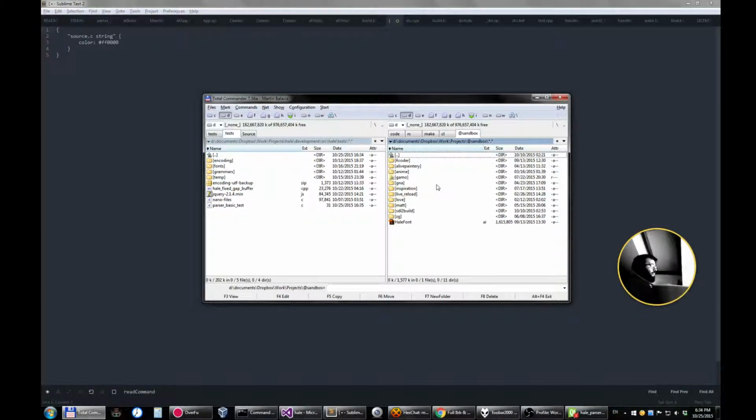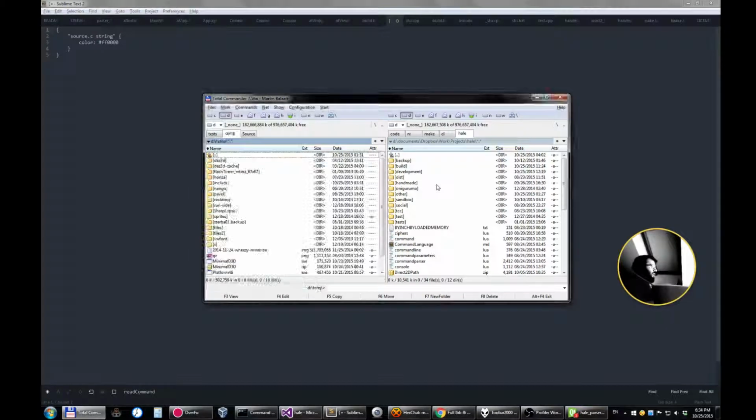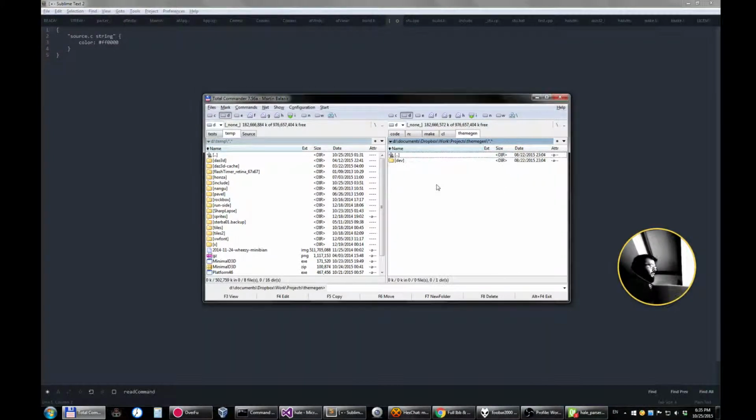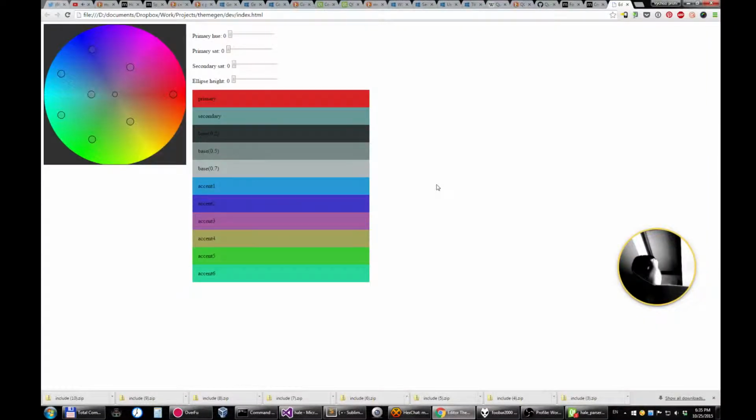And that's where, do I have it? Let me think. Maybe it's in a temporary. I usually store this stuff in a temporary. Well, I think it's theme gen. Yeah, this is it. This is the thing